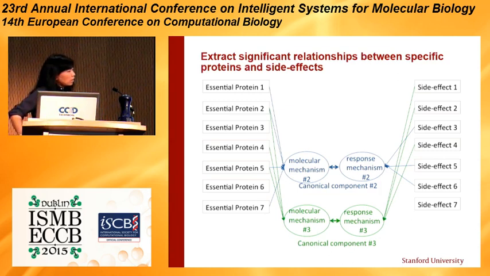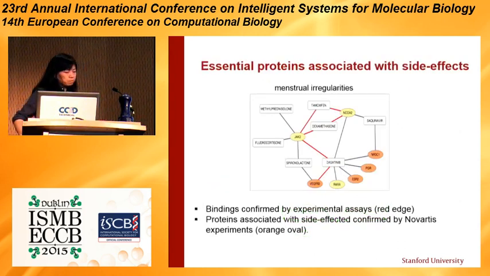From there, we are able to associate a certain side effect with the genes, the off-targets we predicted. Then it's very, very hard to find a validation of such an association without the drug information, because the association is simply between the genes and the side effect. So we have to map that back to the drug to find the validation. Here is an example. For this side effect, the menstrual irregularities, we predicted 7 genes, and we found 7 drugs